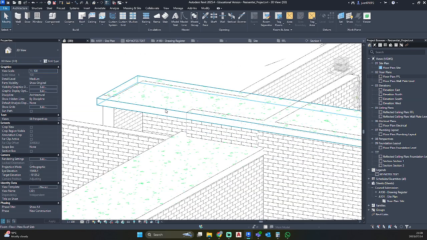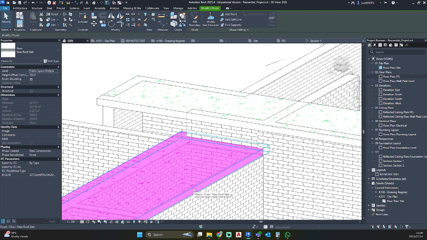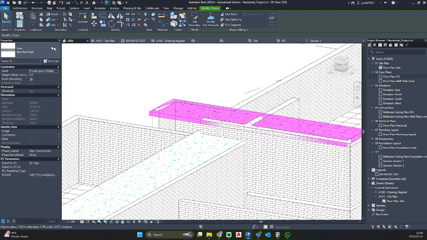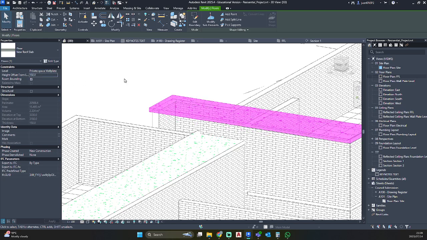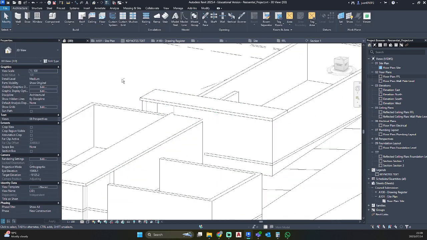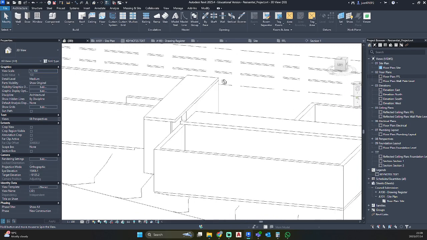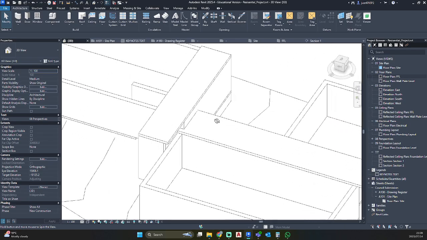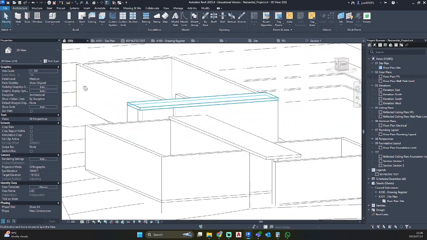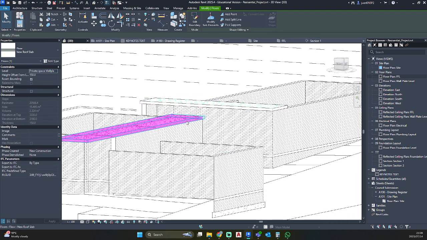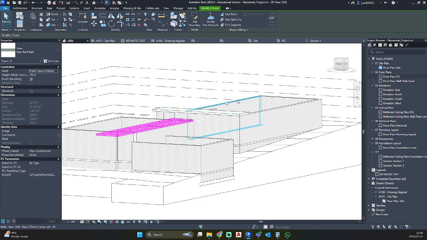As you can see, the same thing happened with this floor slab. So we need to select our new floor slab and give it an offset of 150 so it moves up. And there we now have our concrete roofs with our walls.